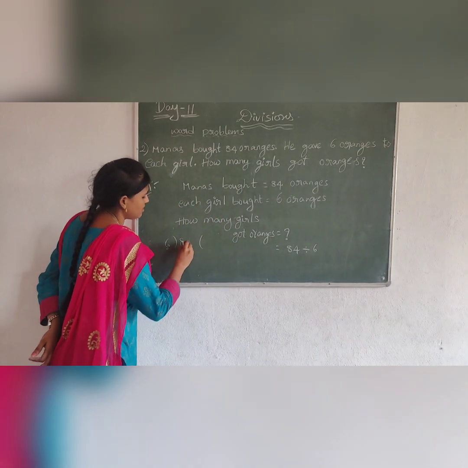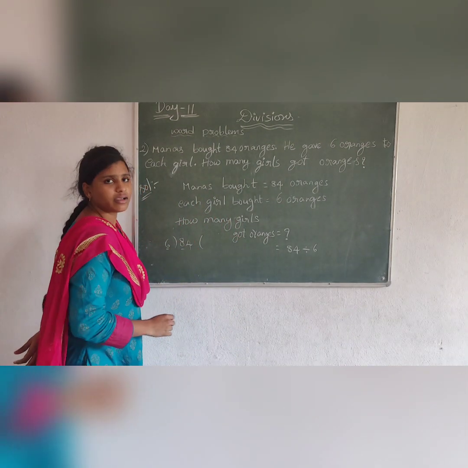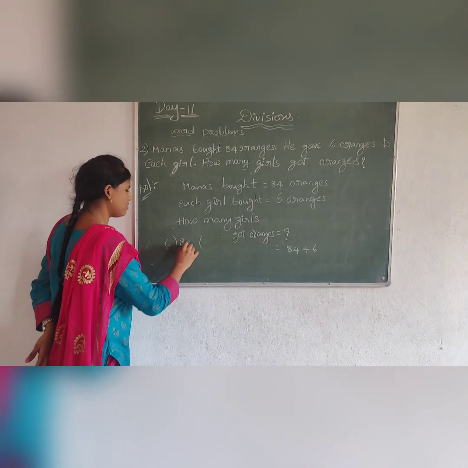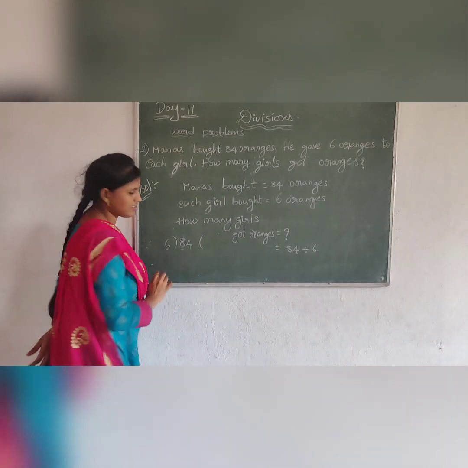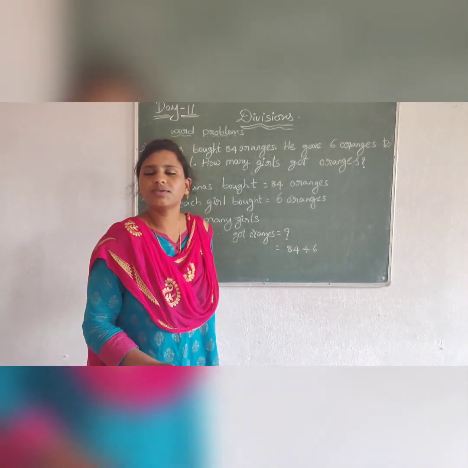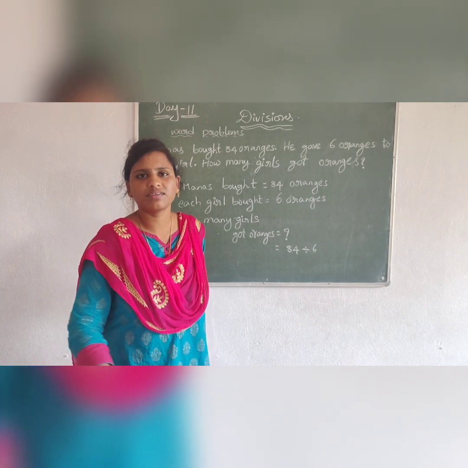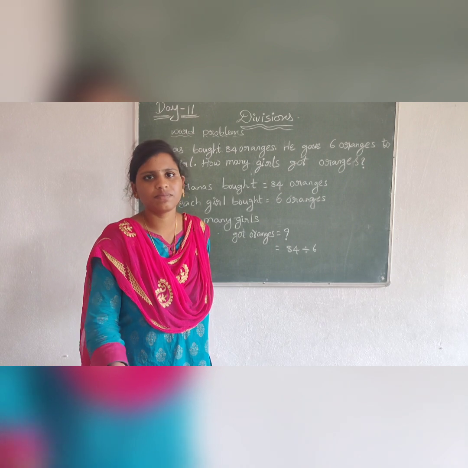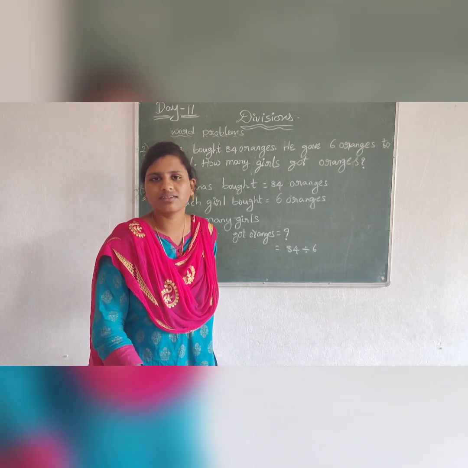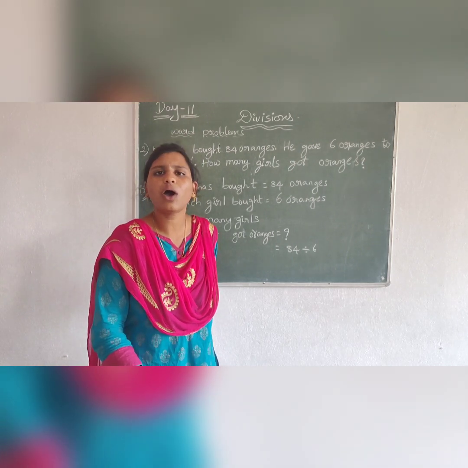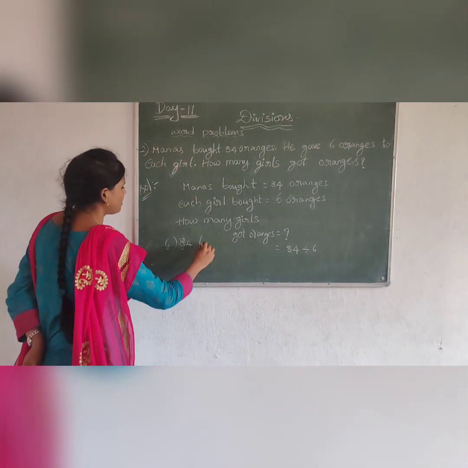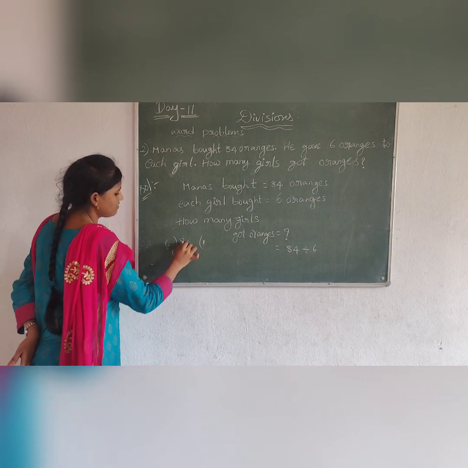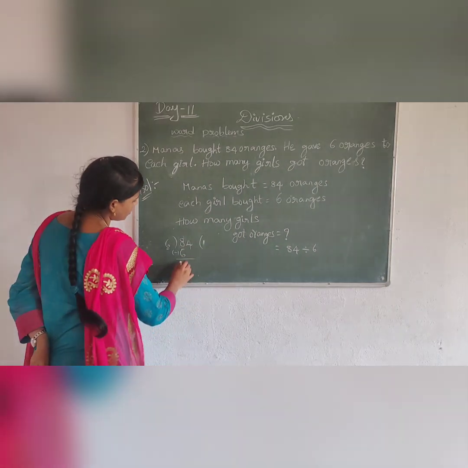Here also 1 digit. 6 is smaller than 8. So 6 is a small number, 8 is a big number. So the number before 8 is cancelled in the 6 table, right? What is the number before 8? 7. Is 7 cancelled in the 6 table? No. The number before 7 is 6. Is 6 cancelled in the 6 table? Yes. How many times? 1 time. So 6 ones are 6. Subtract: 8 minus 6 is 2.